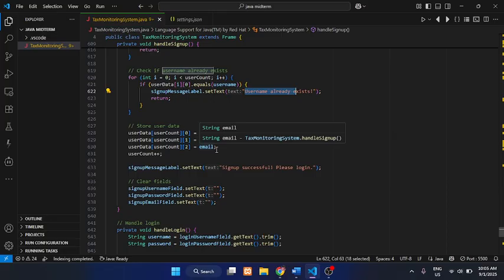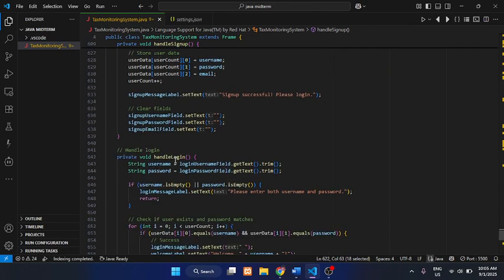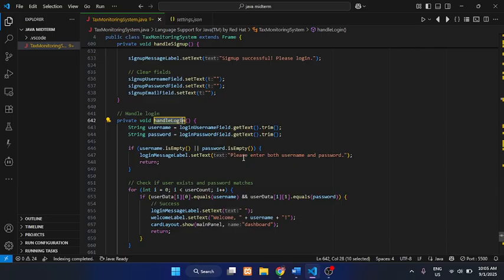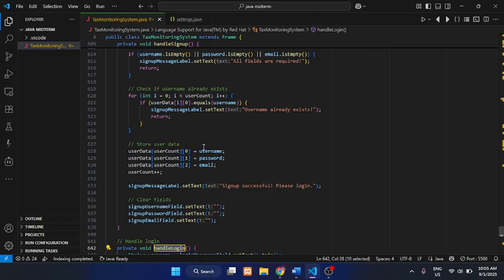And also there is handle login. It asks you to please enter both username and password based on your sign up. The data is stored here, the user data, as a string.